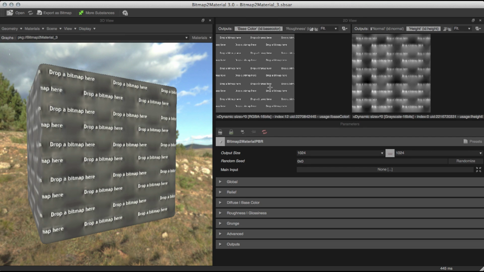In this video, we're going to take a look at how to work with Bitmap2Material 3. So we're going to start here in Substance Player, and I already have Bitmap2Material loaded. The first thing we need to do is supply our main input. I have an image here. I'm just going to drag and drop this right here into my input, and then I get a pop-up that